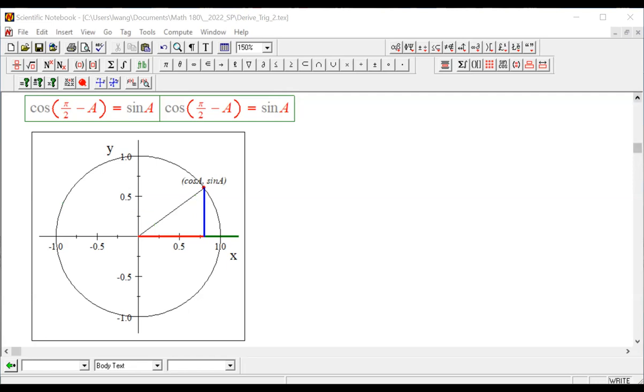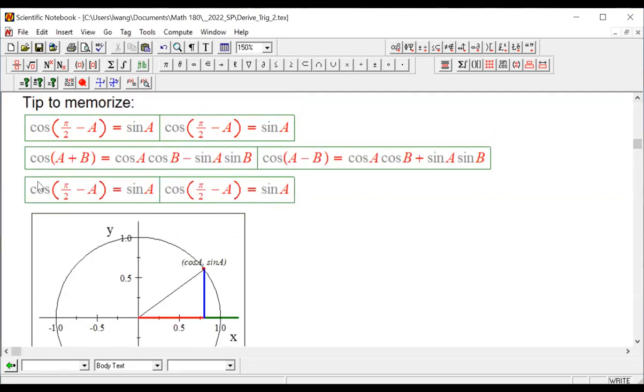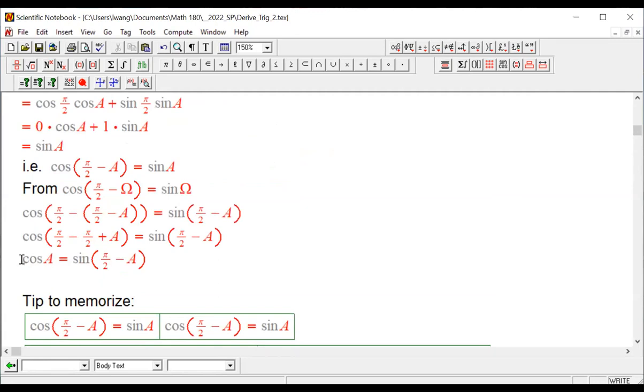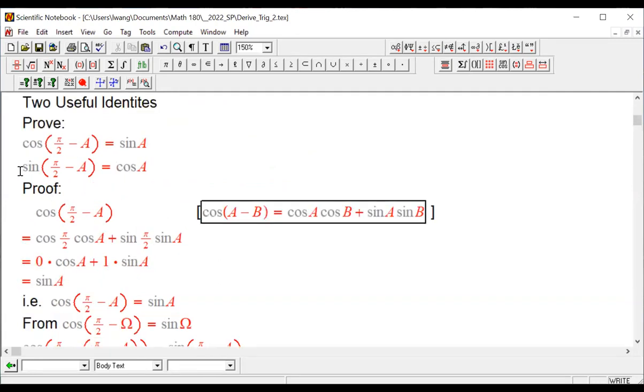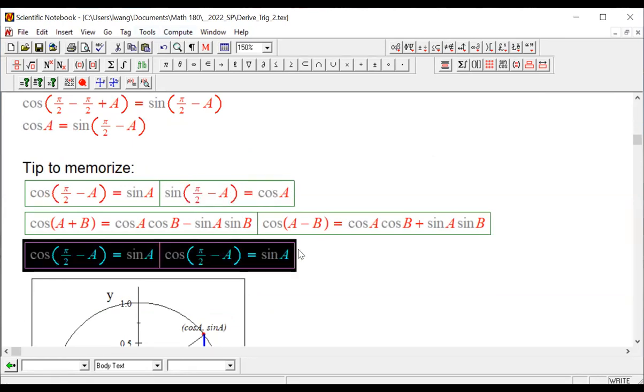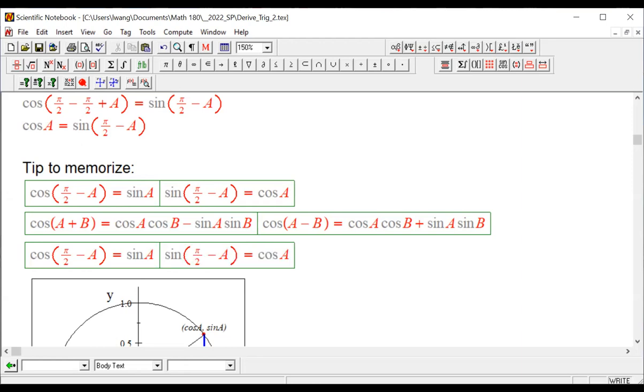These two should be different. Okay. Cosine of pi over 2 minus A is sine A, and sine of pi over 2 minus A is cosine A. I'm sorry about that. Okay, so that's where it should be. We don't want to repeatedly type the same one, right? So now,